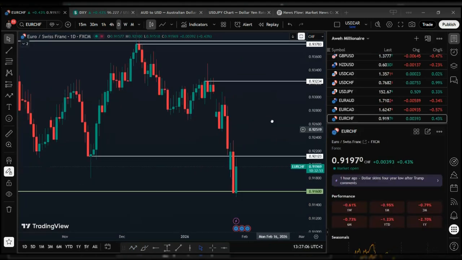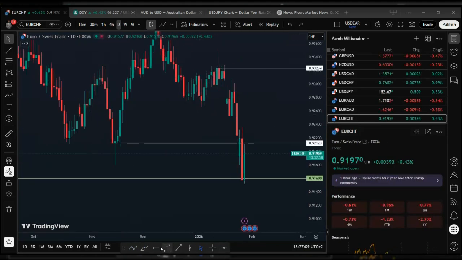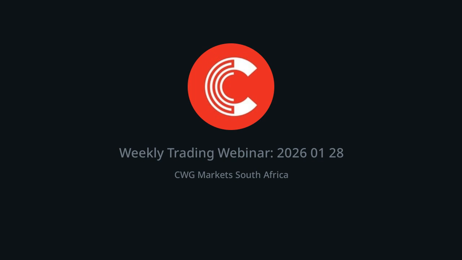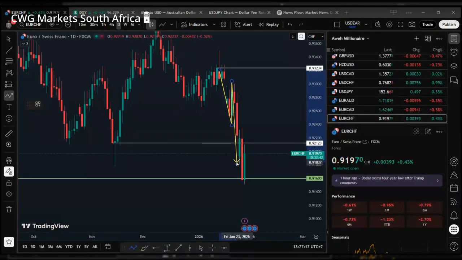Then we've got Euro CHF. So Euro CHF, what we have here is we had price break through at the 0.9212 level for price to come and test our psychological support at the 0.9160 level, for price now to pull back from this level, bouncing off this level,